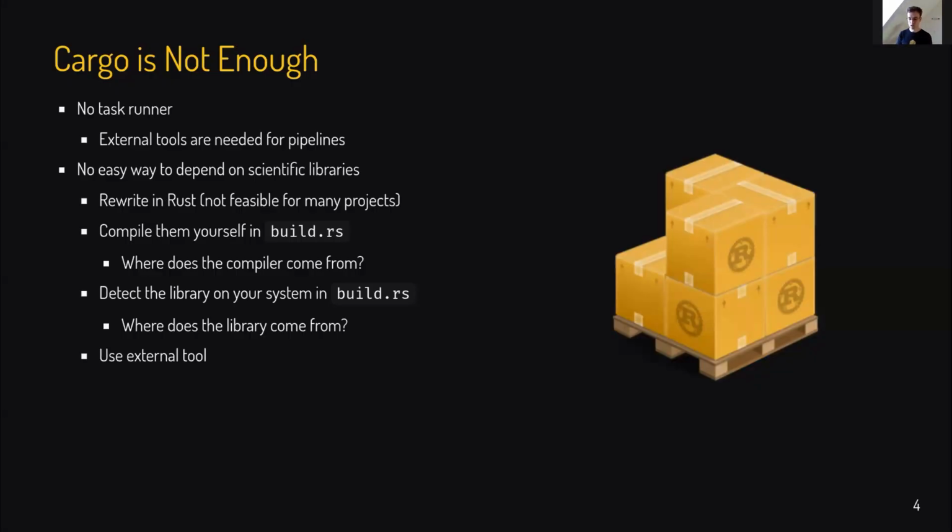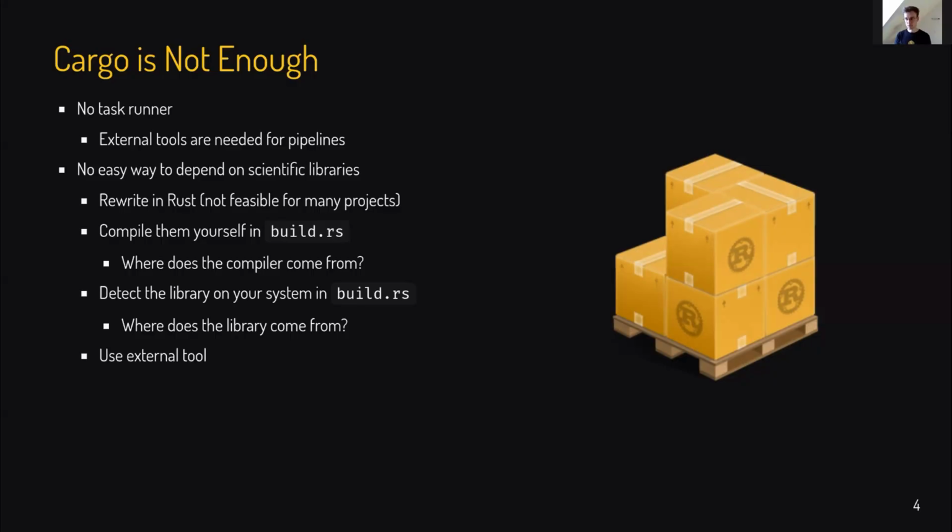If you're fine with relying on Rust-only libraries, if DiffSolve is fine for you, then perfect. Cargo, you can use that, and you don't need anything else. Chances are it's not enough, because there are existing libraries. Some of them might not exist in pure Rust at all. Some of them just don't provide all functionality or don't provide the same quality. For one, but there is also more to it.